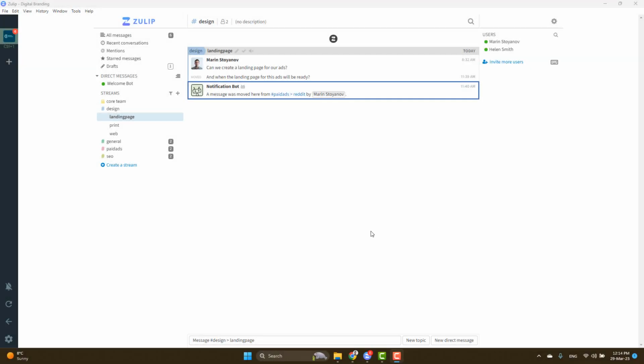If you are getting too many notifications for certain streams or topics, you can easily mute them to reduce distractions. With stream and topic muting, you can silence notifications for specific streams or topics that are not relevant to you, but still keep them in your list of streams or topics. This feature is particularly helpful when you're working on a specific task and don't want to be interrupted by notifications that are not related to your work.